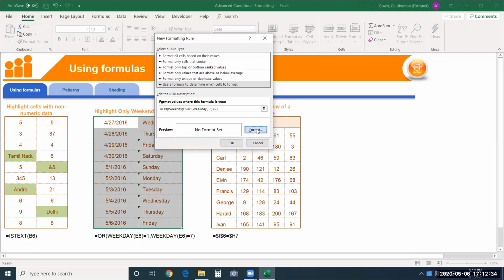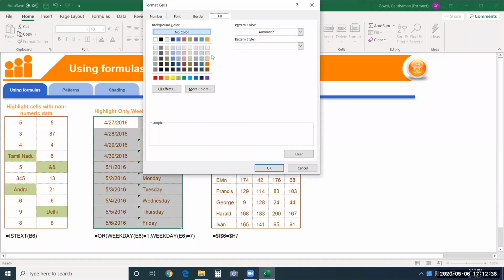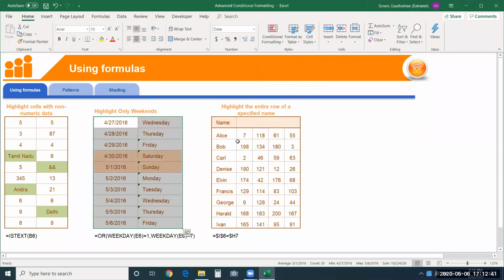And just quickly go and apply the format that you want to see on it. I'll give this. See, even if I give another date, let's say I'll just give this. See, I'll make it 10. We know it is Sunday. 10th May is Sunday. So you'll see that over here. Okay. So this is that example.